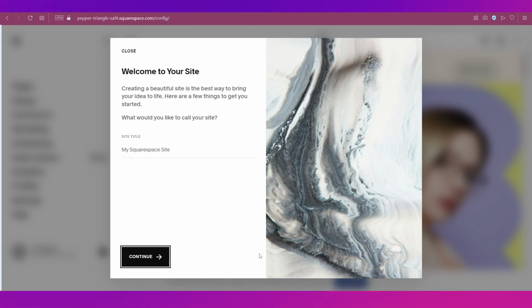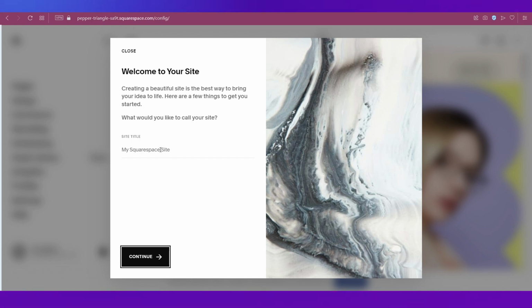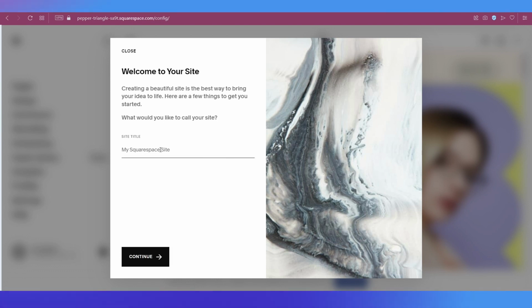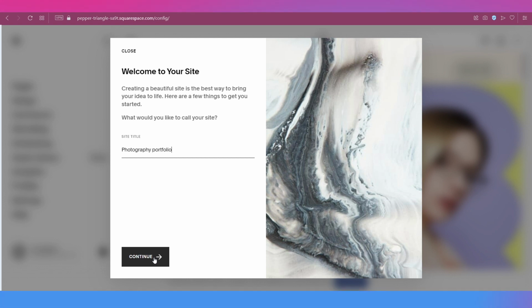So the first one is to give your website a name. By default, this is the name given. So let's just edit it and give it a name. Click over here and type in your preferred name. We're going to give it a name, Photography Portfolio. After you've edited the name over here, click on this continue button and you'll be taken to step 2, which